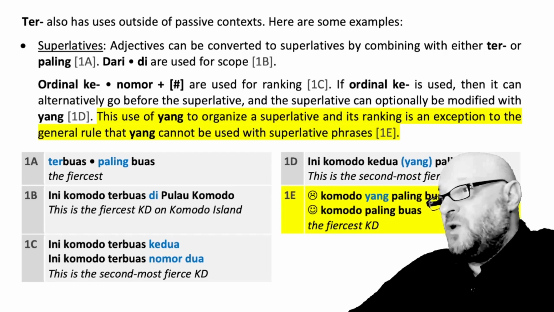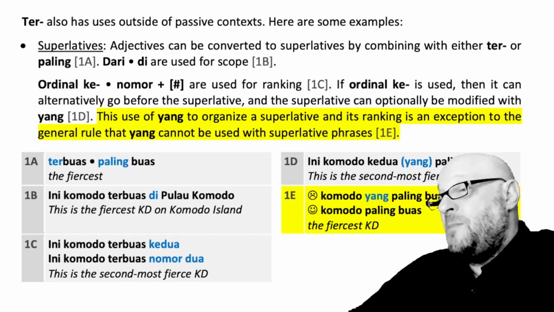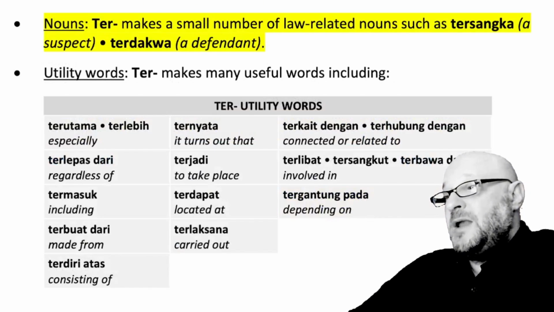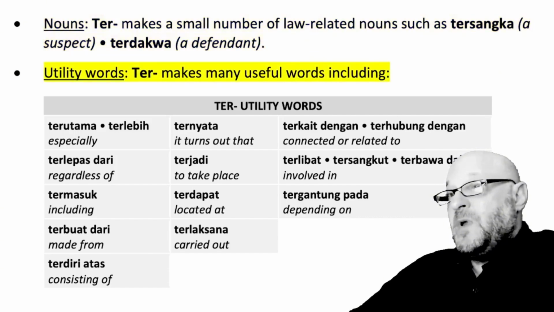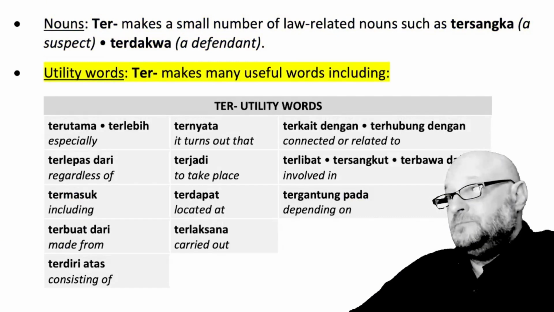This use of yang to organize a superlative and its ranking is an exception to the general rule that yang cannot be used with the superlative phrase. In example 1e, Komodo yang paling buas, with the two-word phrase paling buas, is not acceptable. Instead, you say Komodo paling buas, the fiercest Komodo dragon. Nouns. Ter makes a small number of law-related nouns such as tersangka, a suspect, or terdakwa, a defendant. And utility words. Ter makes many useful words, including